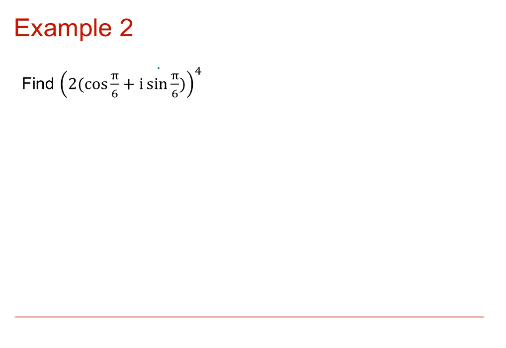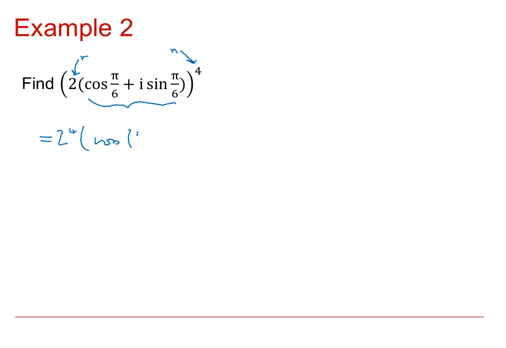So in this second example, make sure we've got everything in the right form. So we've got cos theta plus i sine theta, so that's good. This time we've got r equals 2, so we must make sure we build that into our solution, and n is 4. So applying the theorem to both the modulus and the argument, we're going to get 2 to the power 4